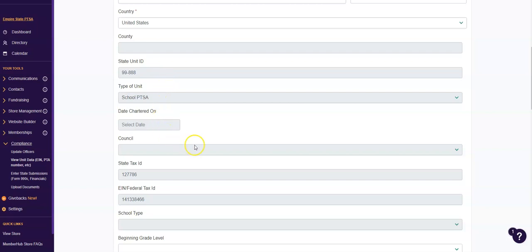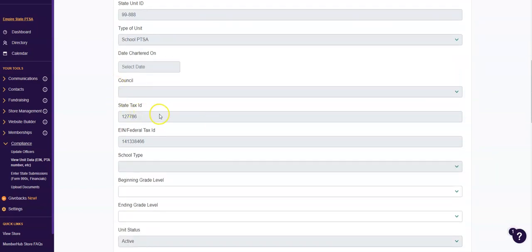Your type of unit, and all of these fields you'll see are grayed out because you don't have the option to edit the data. Only the state office admins do. So if you see any discrepancies, please point those out and contact us at the state office so that we can look into that. If you have received and given your state tax ID number to the state office, we